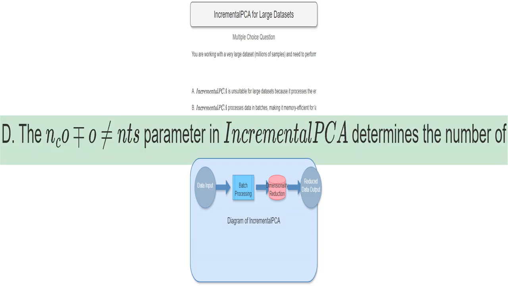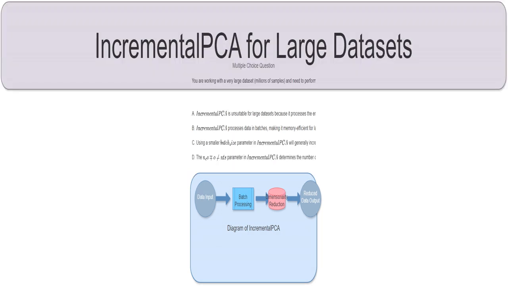The n_components parameter lets me choose how many important features I want to keep after dimensionality reduction. It can't be more than the original number of features. That's like trying to put more things into a smaller box than will fit. This makes complete sense. The overall scenario is that I'm working with a very large dataset, millions of samples, and